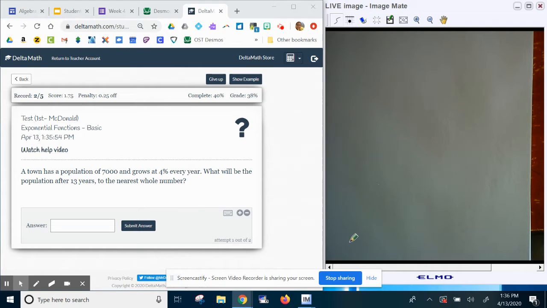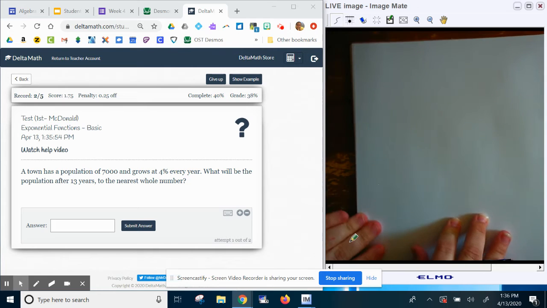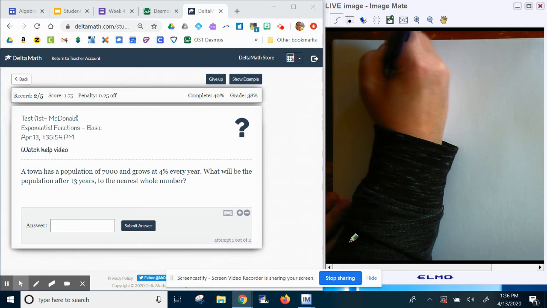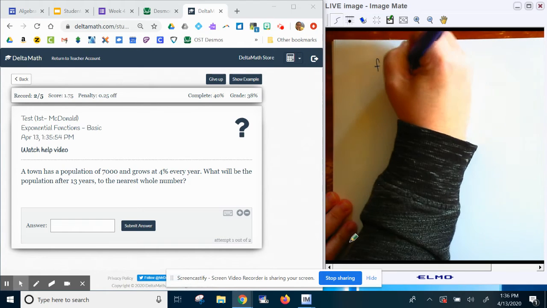So for this exponential problem, it says a town has a population of 7,000 and grows at 4% every year. What will be the population after 13 years to the nearest whole number? So I always start off with my same exponential equation, which is f of t is equal to a